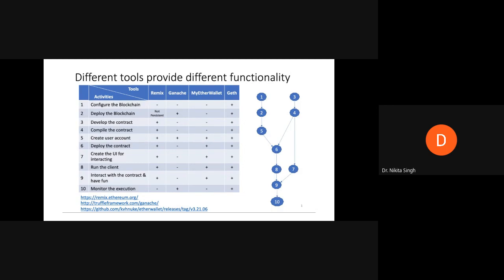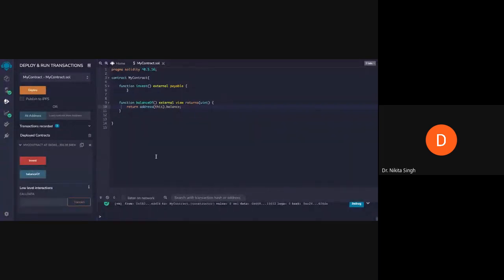So there are several tools available to develop and test your blockchain. Here are a few of the tools that we will be talking about. And one of the simplest tools that we have already used is Remix itself. So for contract development, we will still be using Remix, that is this IDE which is provided to us. We will still be using the Remix IDE for writing our smart contracts. So you will use this code editor itself for typing your contract code.